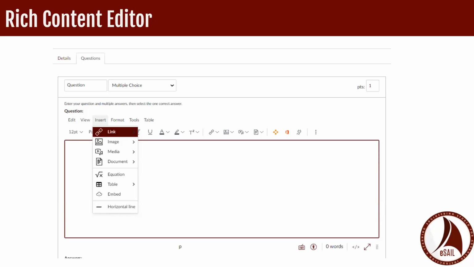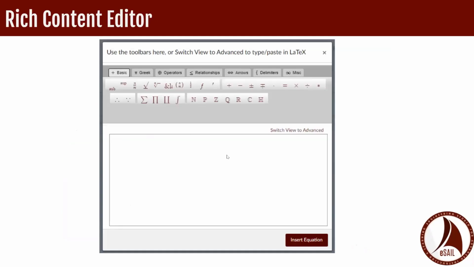So this is where if you want to add a PDF file, you can add a link to a PDF file within a question, right, in this area. All right, and so also we have the LaTeX math editor, which is built into the rich content editor. Canvas also includes the option to create equations and expressions with its graphical point and click editor.